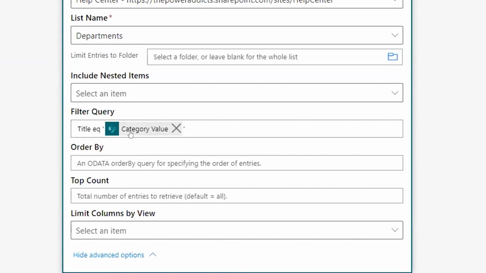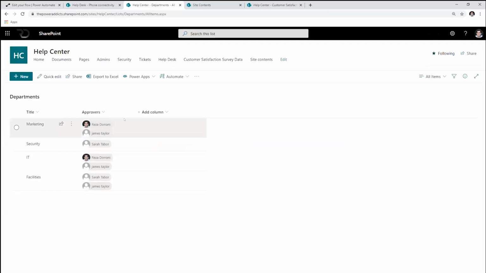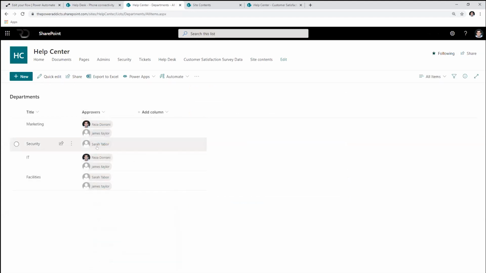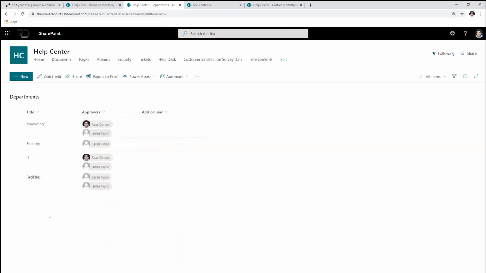But right now I'm just showing you the breakdown of the flow. Once I get the departments, now the key thing is, if you notice the departments, even the approvers is technically an array. You know why? Because this is a multi-select approval column, and this is a people picker column in SharePoint. So how do I grab the email addresses? Because when you create an approval in Flow, you need to get the email addresses and they have to be semicolon separated. That's the base premise of adding approvals in your approval action.